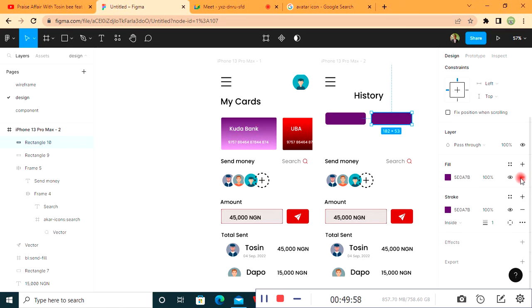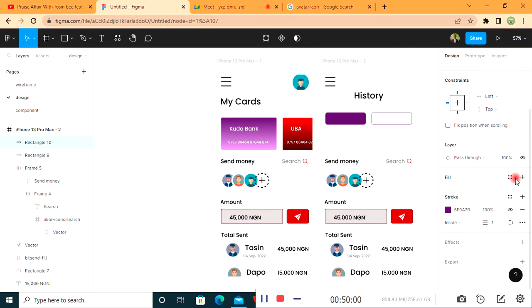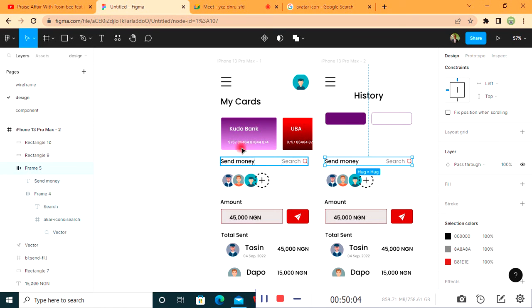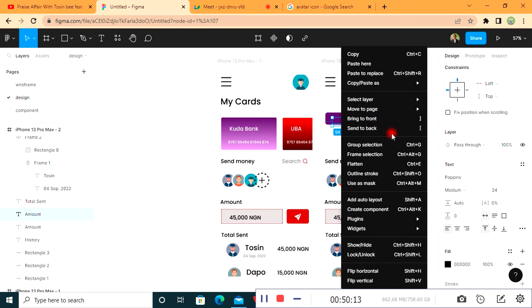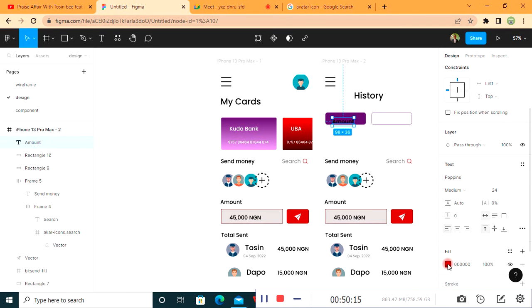Then I can remove my fill here. I can come to this, duplicate this, and take this forward, change this to white,